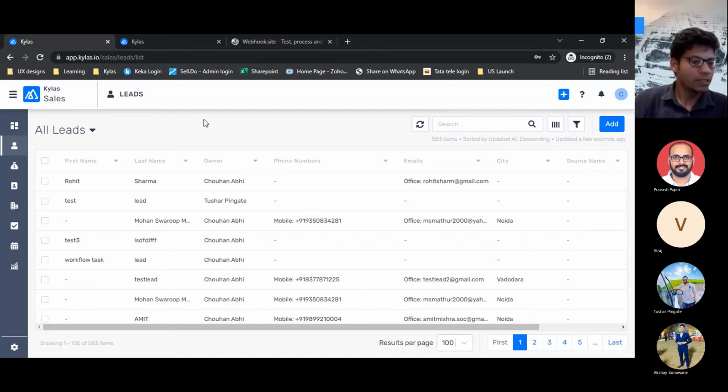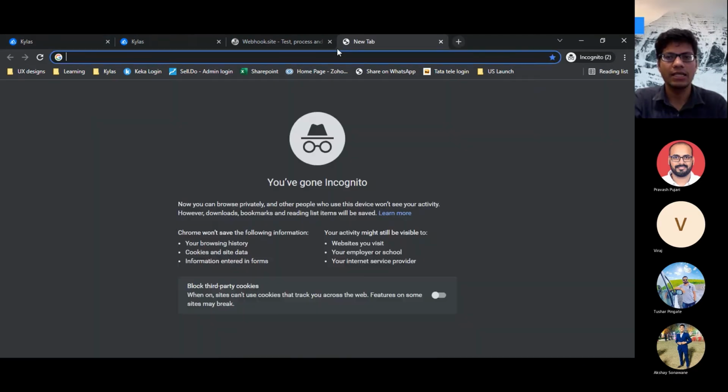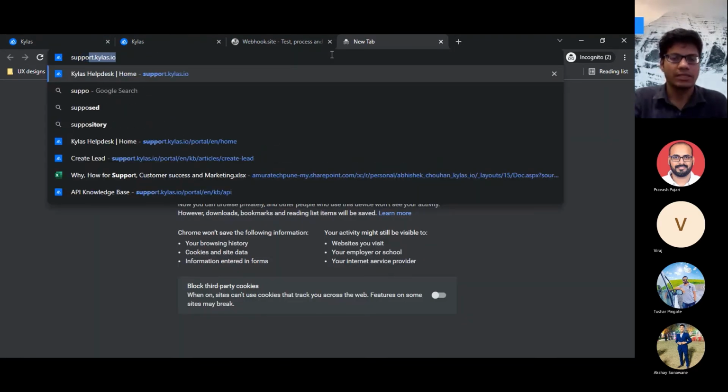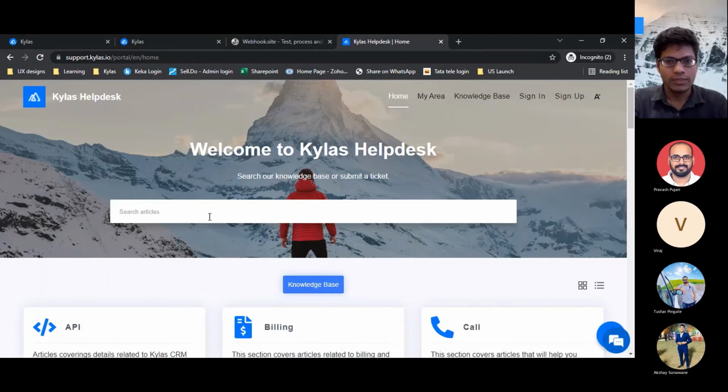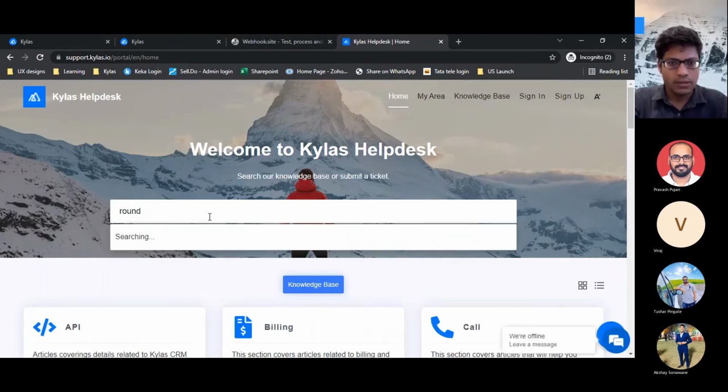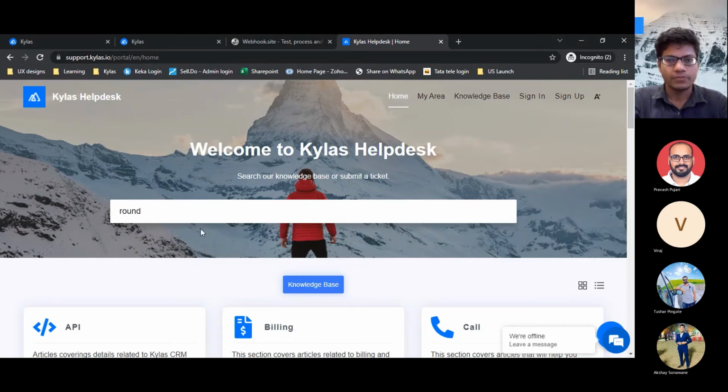Now let me give you a live example of webhook with the help of one of the functionalities available in Kailash, which is round robin assignment. Okay, so let me open up that support article for you.